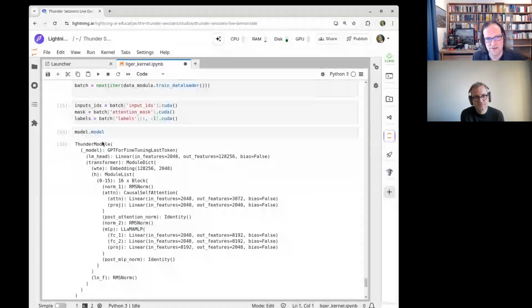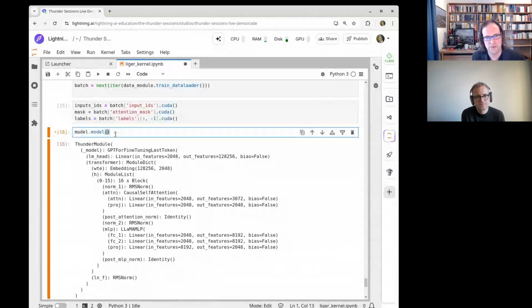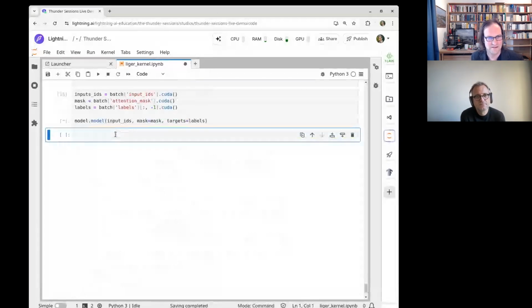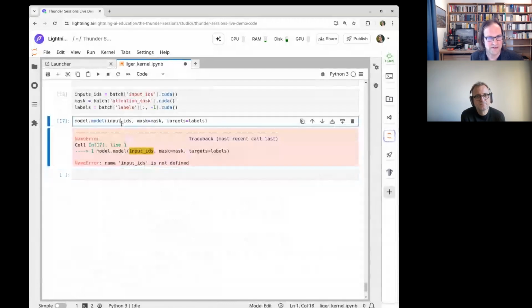Okay, so we see that model.model is our Thunder module. And we can run it with the input IDs, the mask, and I required the last two to be keyword args, and I think I named this targets. Maybe inputs.